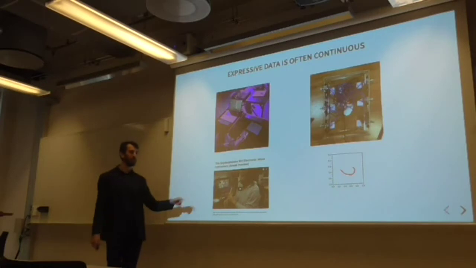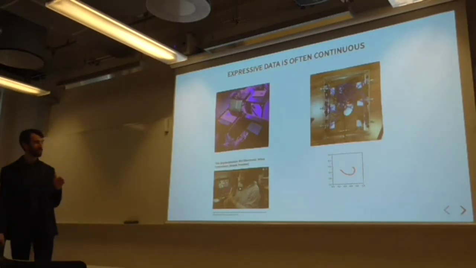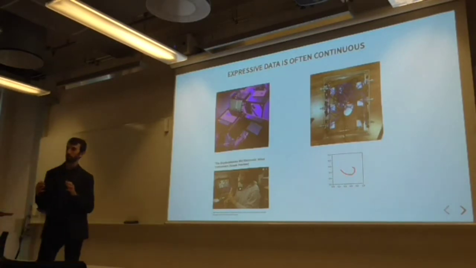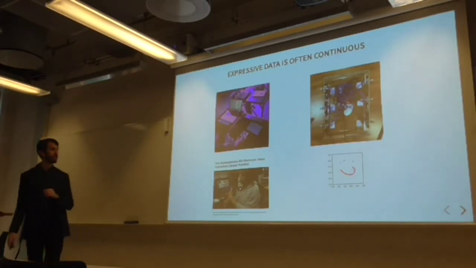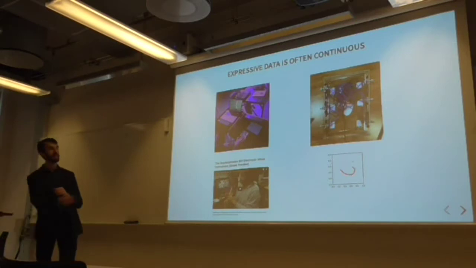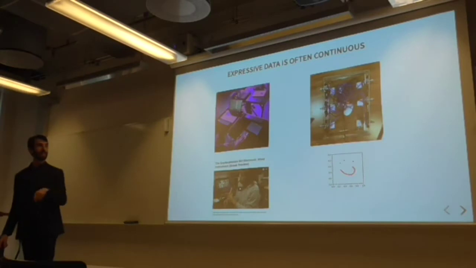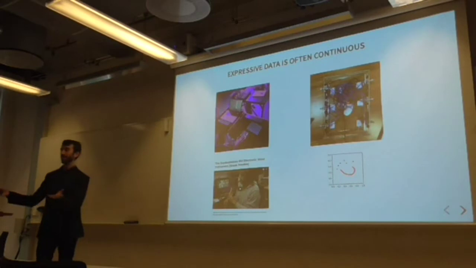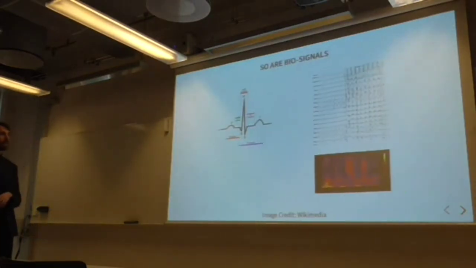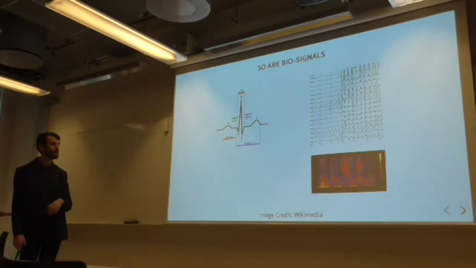But with something like a wind instrument, everything becomes continuous, because anyone who plays wind knows that you've got to change the pressure of your breath and the pressure of your mouth on the reed, and even half closing the keys on the saxophone makes different kinds of sounds. Little artistic things like drawing are also continuous. You're moving a pen continuously on a page, and it's easy to represent this as real valued numbers. There are other things that are continuous which aren't particularly expressive concepts as well. Things like biosignals, right? Like heart rate monitors, or ECGs, or